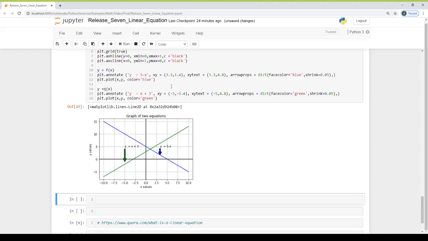Shift enter. So this is our second annotate on this green line, which is showing that this line is y is equal to x plus 3, our second linear equation.